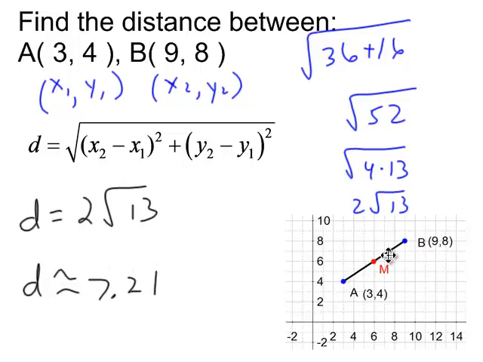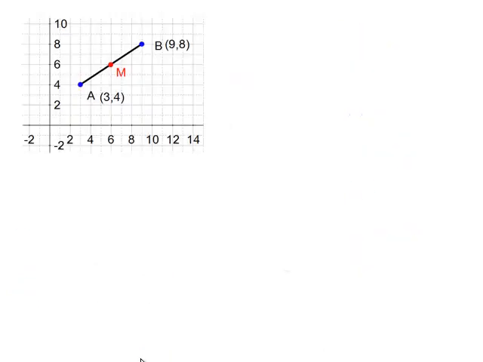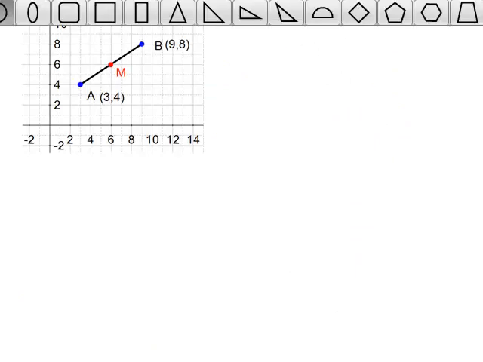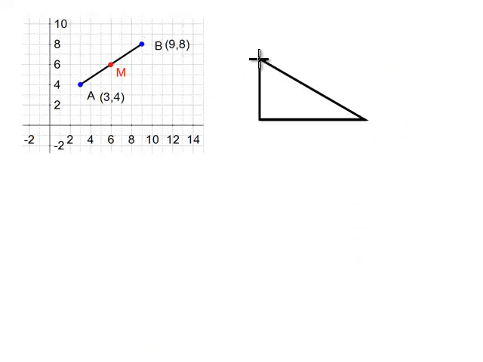So that's our length from here to here. So really what I should be writing instead of the D is the notation AB, the length of AB, is equal to 2 radical 13, or approximately 7.21. You could think of this instead of using that formula as the Pythagorean Theorem. Just about everybody knows that Pythagorean Theorem: you have A and B, and the hypotenuse is C, and you say A squared plus B squared